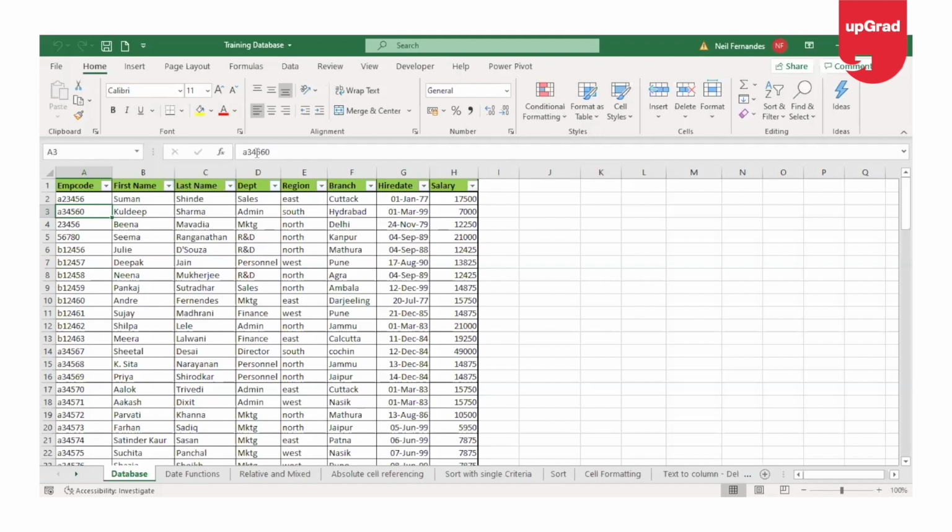Third is your formula bar, which sits below the ribbon. And the fourth is the worksheet, which is made of rows and columns that can be used to sort and manipulate data.